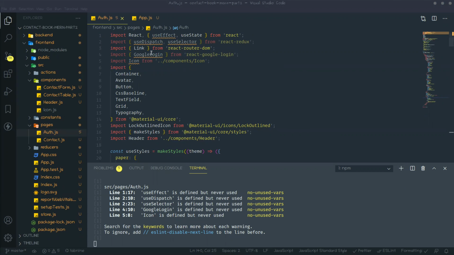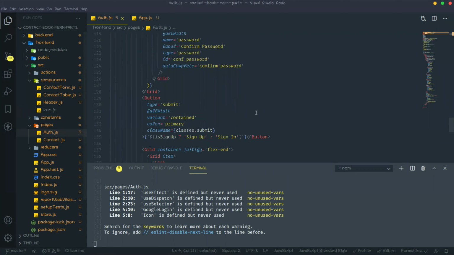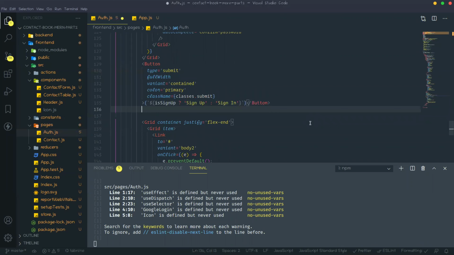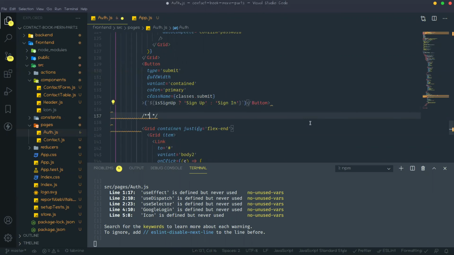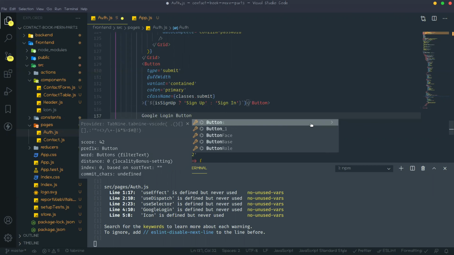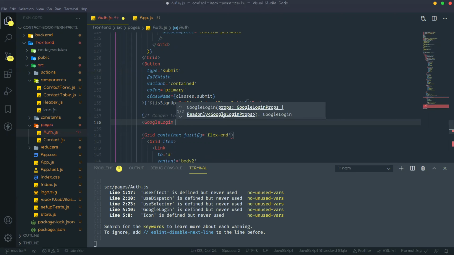So copy this and under this button, you need to create the Google login button. So here, just paste it, and this is a self-closing tag.